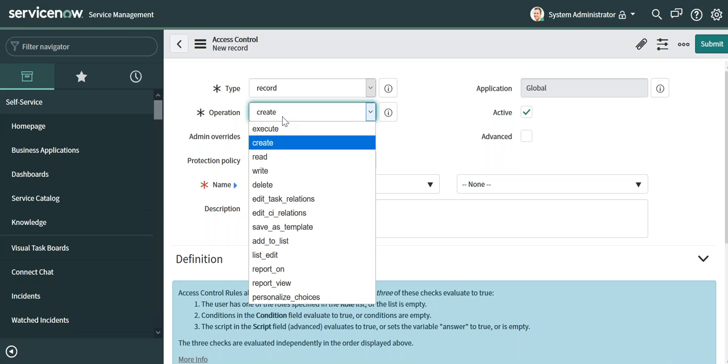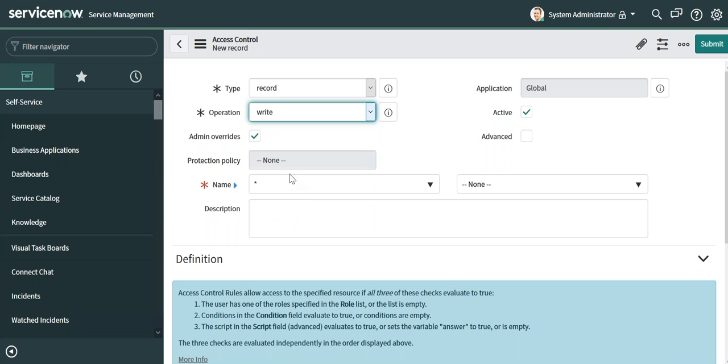If you want a user to be able to create a record, we select create. If a user wants to write on that particular table or form, he can write. Create, read, write, delete are the four operations which are widely used. Now I will select type record, and for operation we will select write.